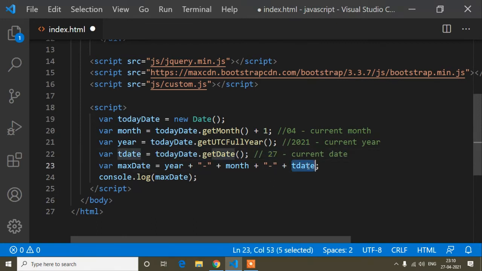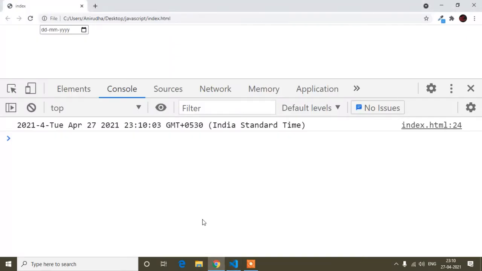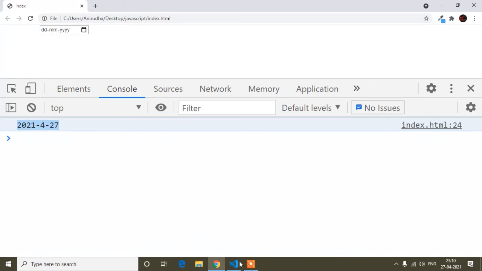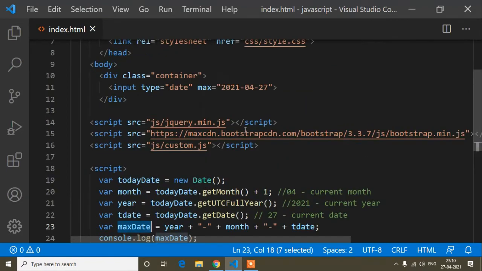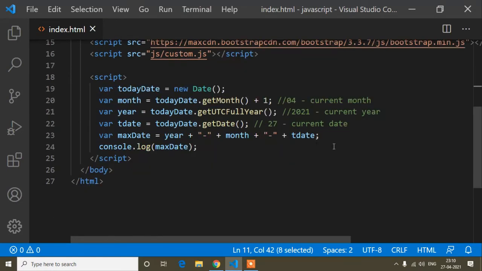Okay, so it will be t date, and now if I check, you can see I'm getting the format whatever I need here. So if I set this max date dynamically in this property, I can restrict the future date.